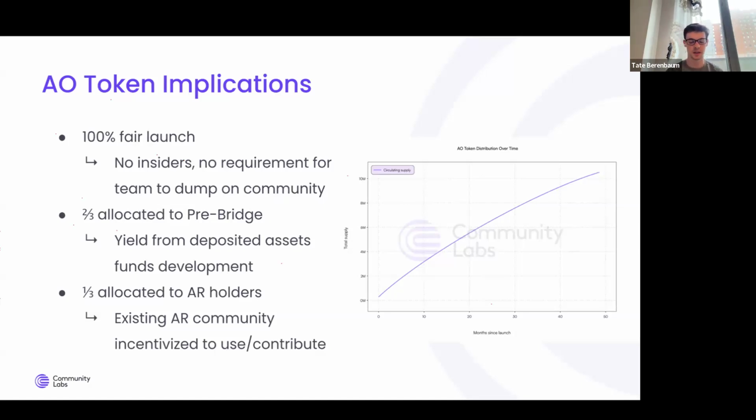This token supply is 100% fair launch, but it's also being emitted over a long period of time, similar to Bitcoin. But the difference is that you don't have halvings. The curve is much smoother, so you don't have periods of time where large amounts of the token supply are entering the supply, or rather entering into circulation.